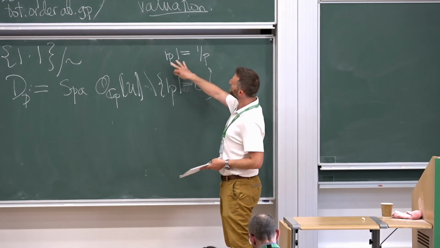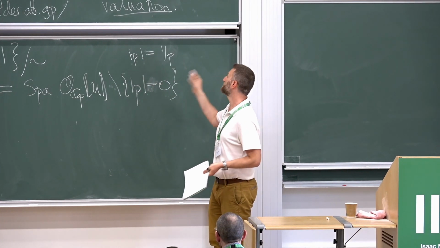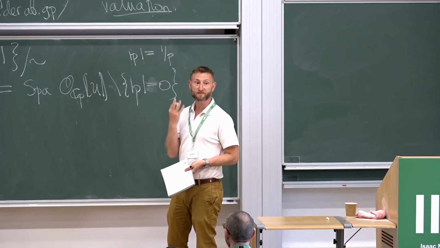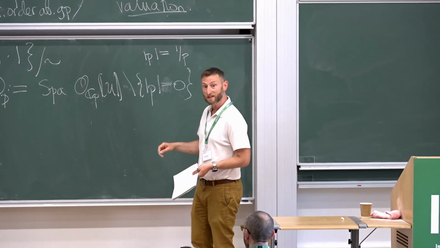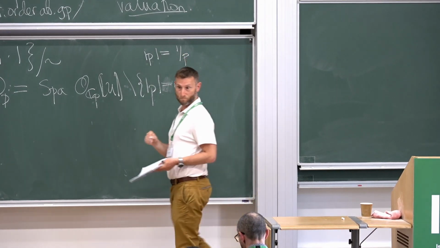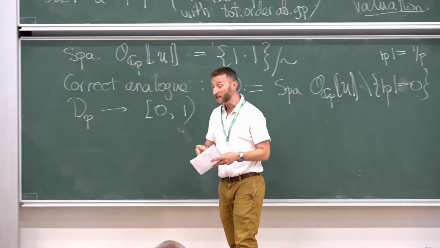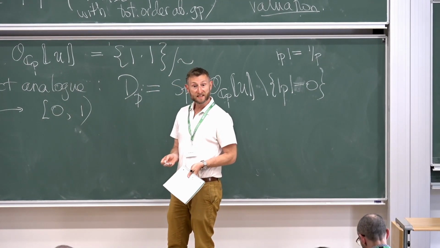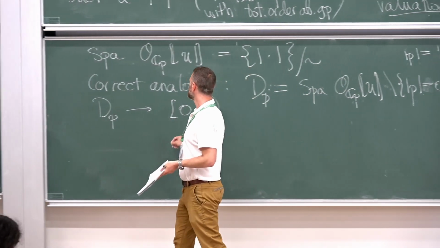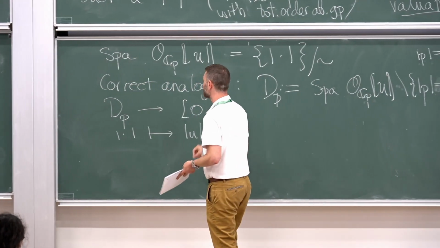Once you've done that, then you can set the absolute value of p to be whatever you like as long as it's less than 1. It has to be less than 1 because in this ring, p is topologically nilpotent, and these valuations are supposed to be continuous. So the absolute value of p must be less than 1. You might as well assume that it's 1 over p. If you've done that assumption, there really is a map from D_p, which is supposed to be the unit open disk around the origin, towards the half-open interval, this one, where you just send a valuation towards whatever the absolute value of U is.